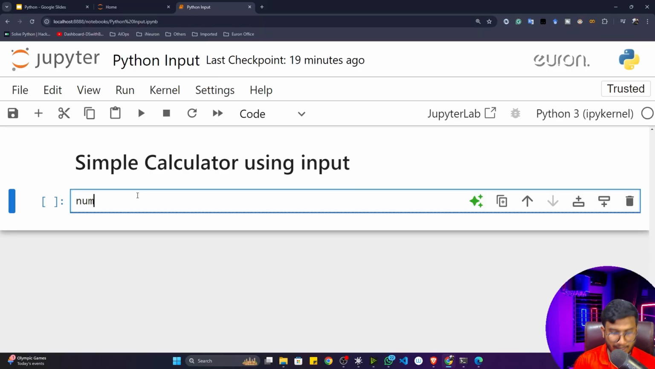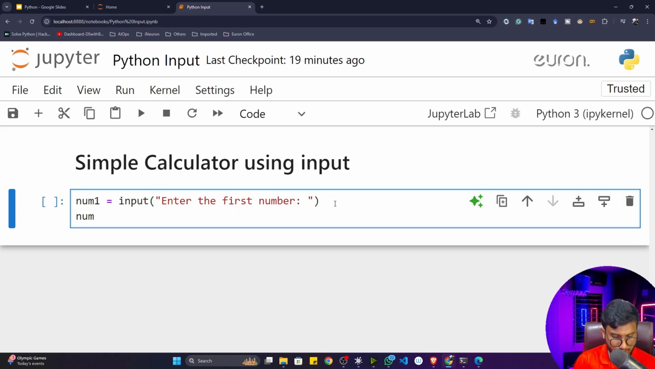So here I can just write num1. This is going to be my first variable, and the user will pass one number. Here I can give a message, enter the first number. Then I'll take the second number as an input. So again, I'll call this particular input, and inside that I'll copy this particular message as it is,